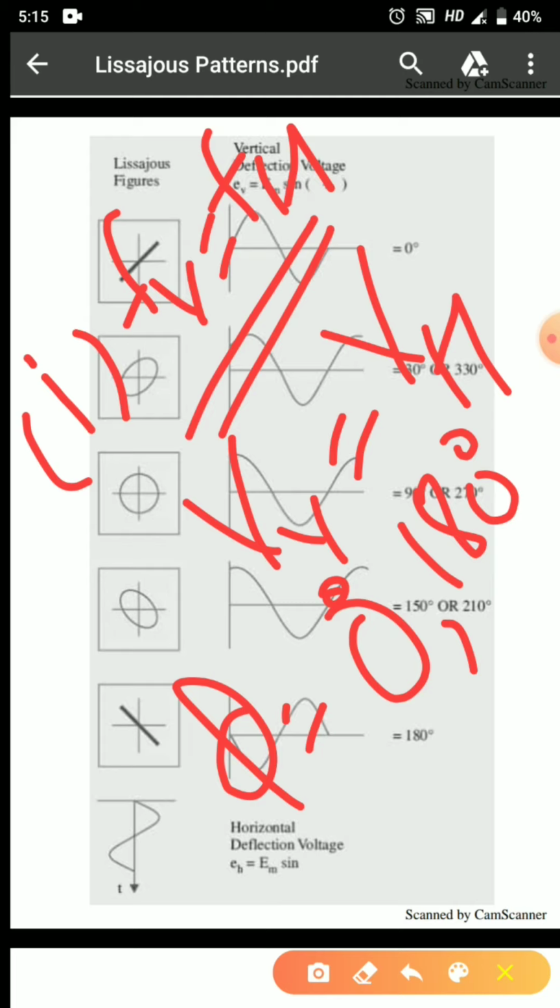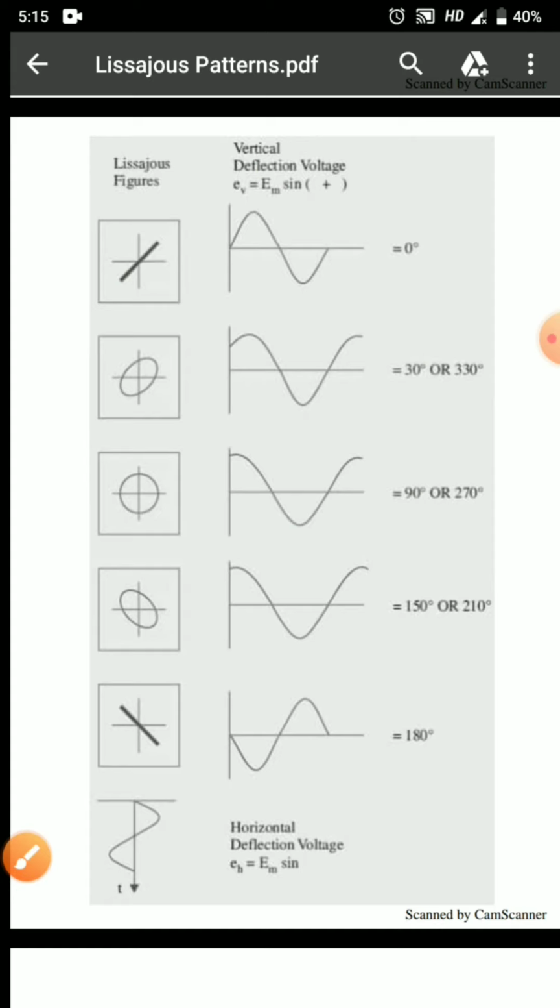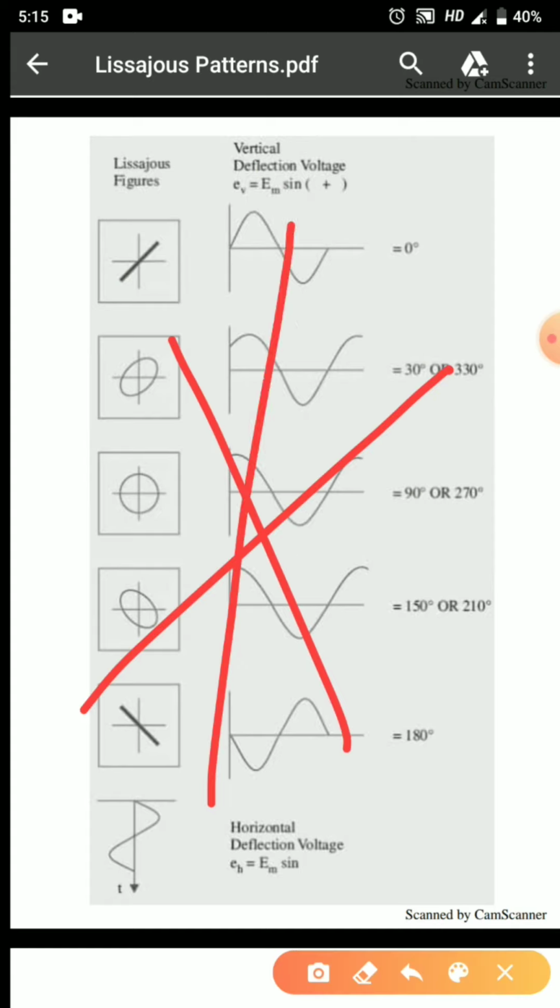Then we can also see that the angle formed with the horizontal is 45 degree when the magnitude of voltages are equal. Now one more thing to be noted here is that for the straight line pattern, the angle that is formed with any of the axes, when we check, will be equal to 45 degrees. So this is one of the conclusions that we get.